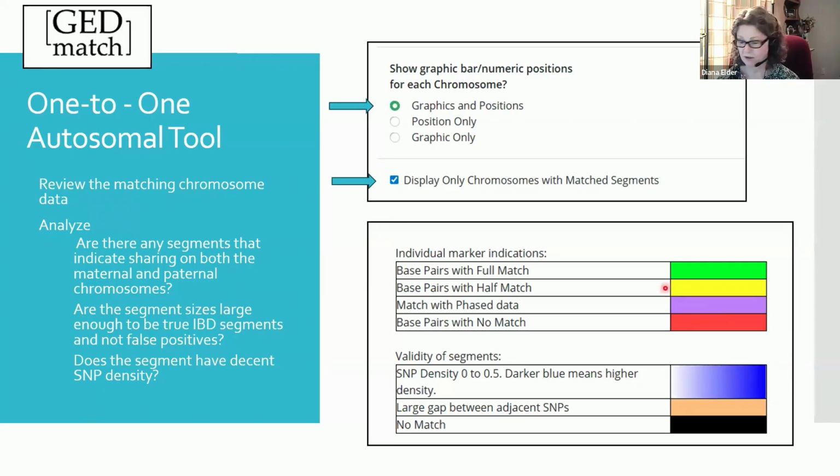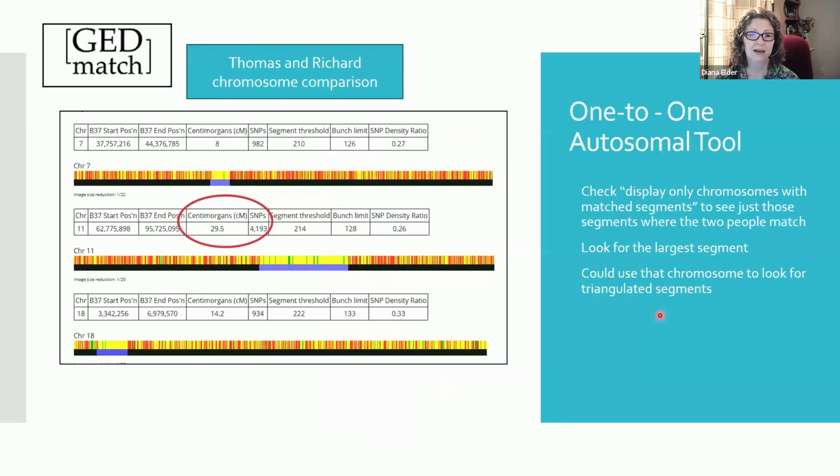We're looking for what's going on with the colors. And those are some things to keep in mind as we see our picture. So here we have the data and then we have the picture. We have the chromosome here. And so most of it, there's no match, all of this black part. But here is a match. It's yellow, so it means it's just matching on one side of the family. And we can see that it's got a decent amount of purple there. So it must be a relatively dense SNP, or at least dense enough that it can provide good data here